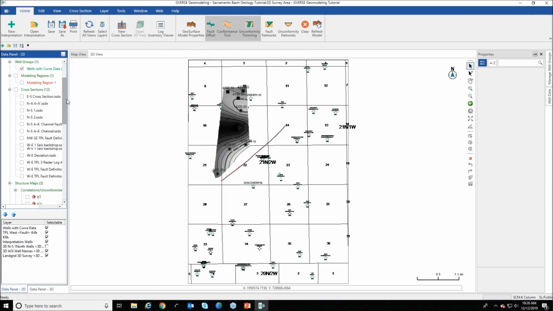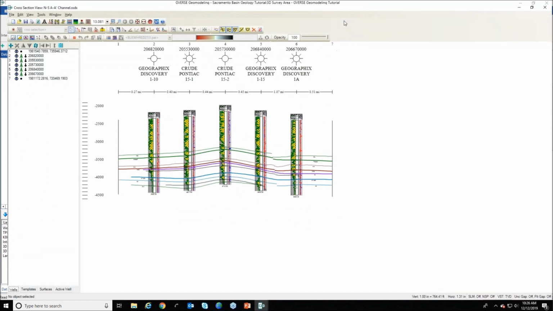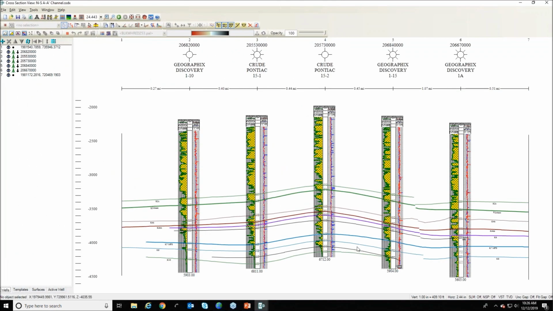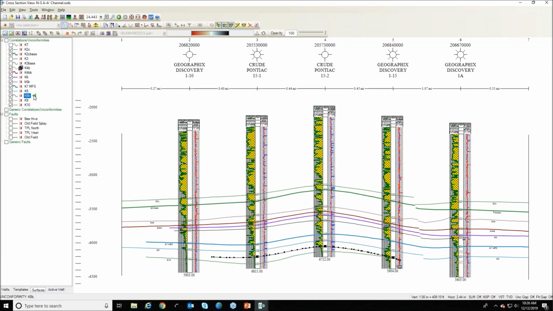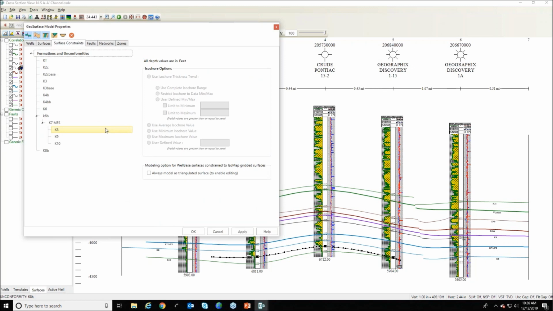So I'll go ahead and open up that cross-section. It should be this one here. So in this particular cross-section, here is my K8B surface, and then the K8 surface just above that. Now that K8 surface should be truncated by this particular K8B surface because that is my channel. And that channel should be closing off above the surface just above that. If I look at my